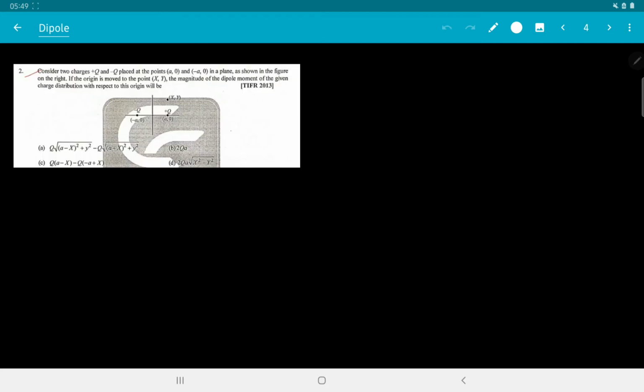Now let us use the principles we have learned to solve the problems. We have learned two principles. First, that net charge is equal to 0, then the dipole moment is independent of the choice of origin,